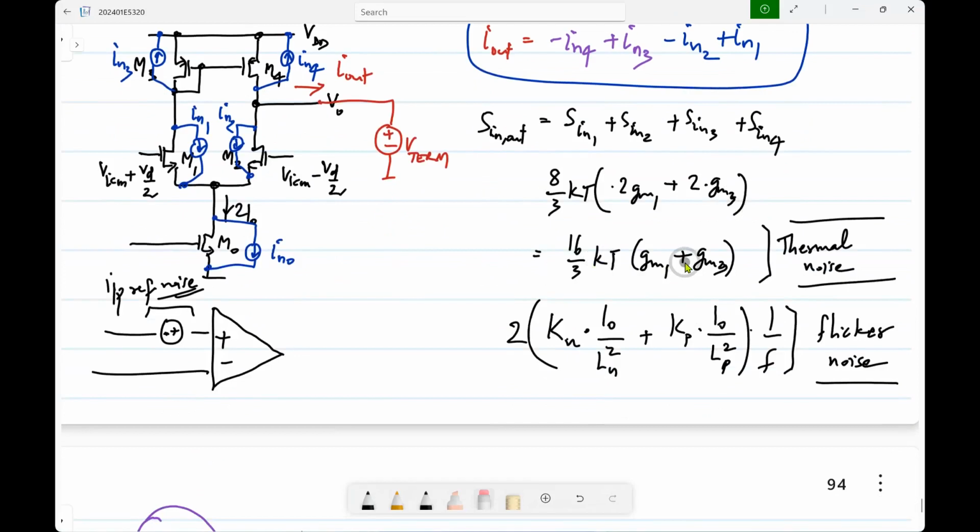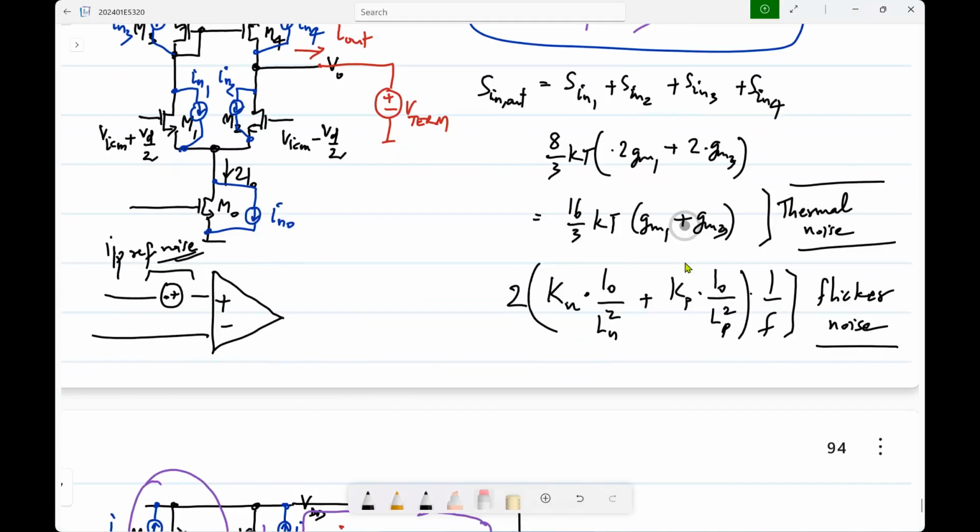So this output noise divided by what? What should I divide by? Yeah, GM1. Here we have calculated the noise spectral density of I out. You have to look at the transfer function from VD to I out. What is it? GM1. So the output divided by this squared. So basically you get